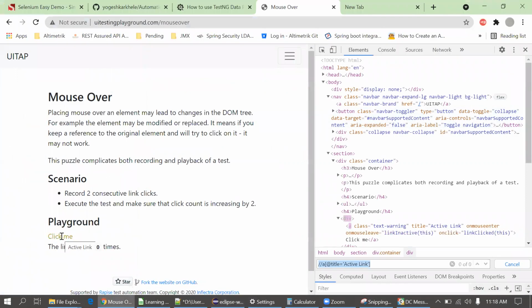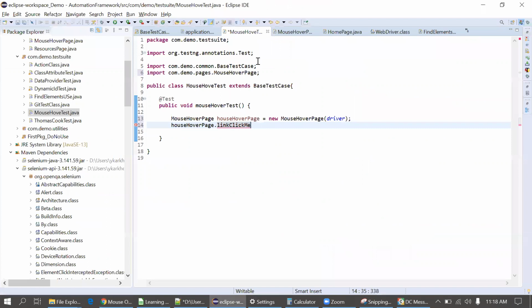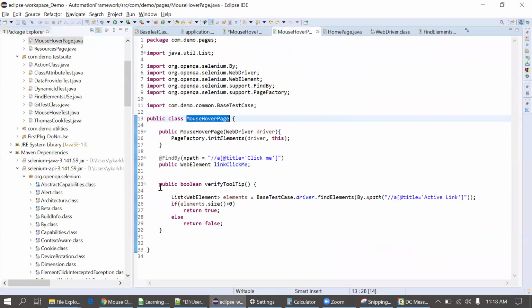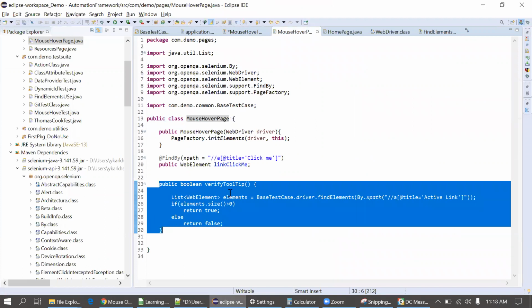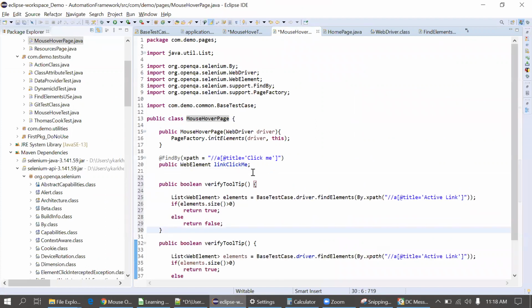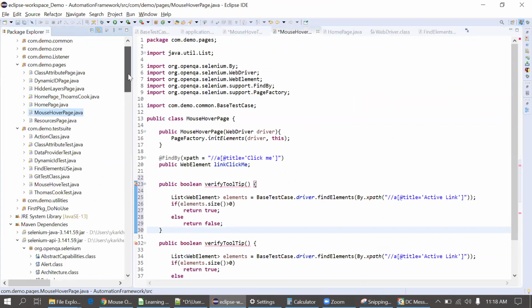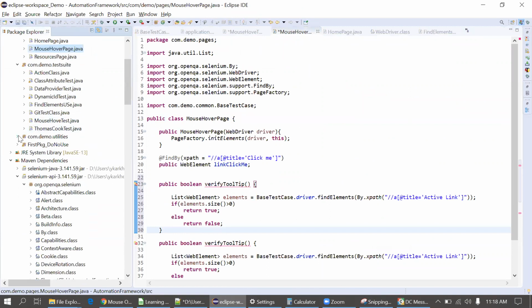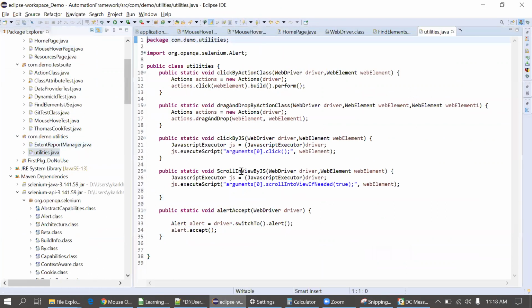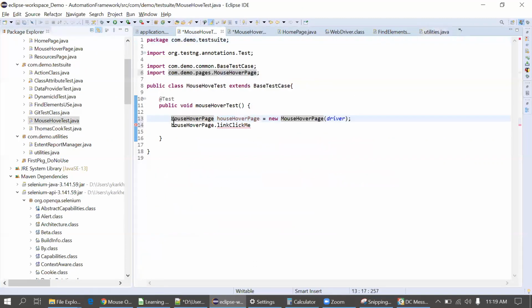Can we click? We don't want to click, actually we have to hover the mouse. So I'll write one more method in the mouse over page to hover, or I think there is one method in the Actions class in the utility. Let me check if it is there for hovering the mouse. Can't we write there directly, like moveToElement? Yes, at test case level we can write directly, that's fine. I'll write at test case level directly, then we can move that to the common.